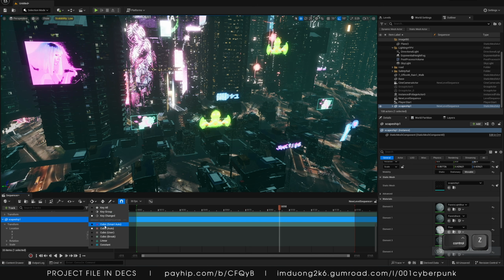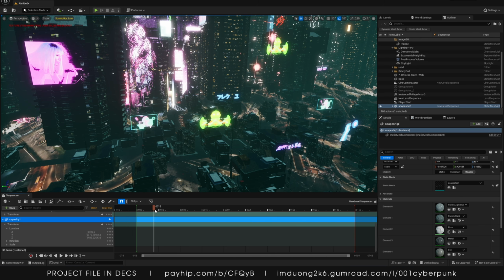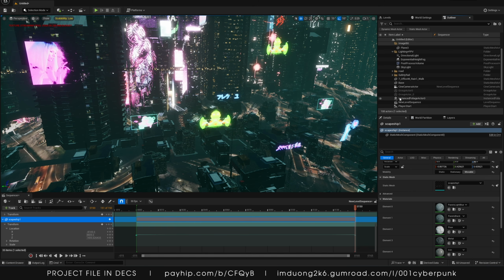So one thing here, I will Control Z. I wanted to make it have the same speed, so you can turn this one into linear. Do the same thing. And then if you want to have more variation, like something that moves faster than the other, to make it less uniform,